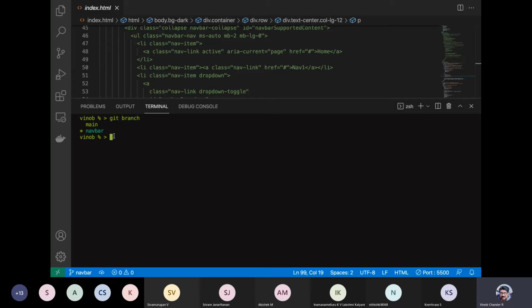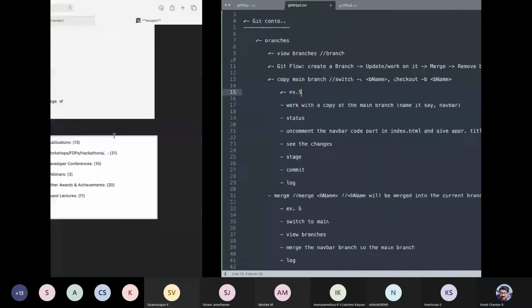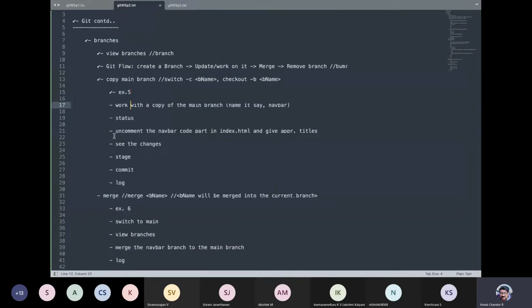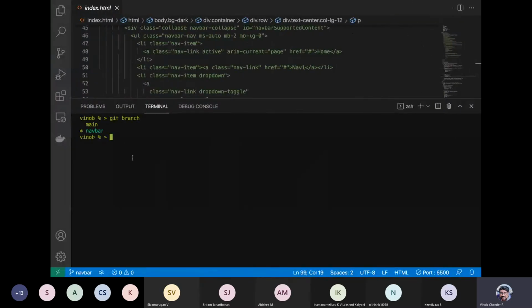All right, guys, any doubts so far on this? Okay, so now we have created a branch called navbar, right? So let us work on this branch, navbar. Let us see the status.